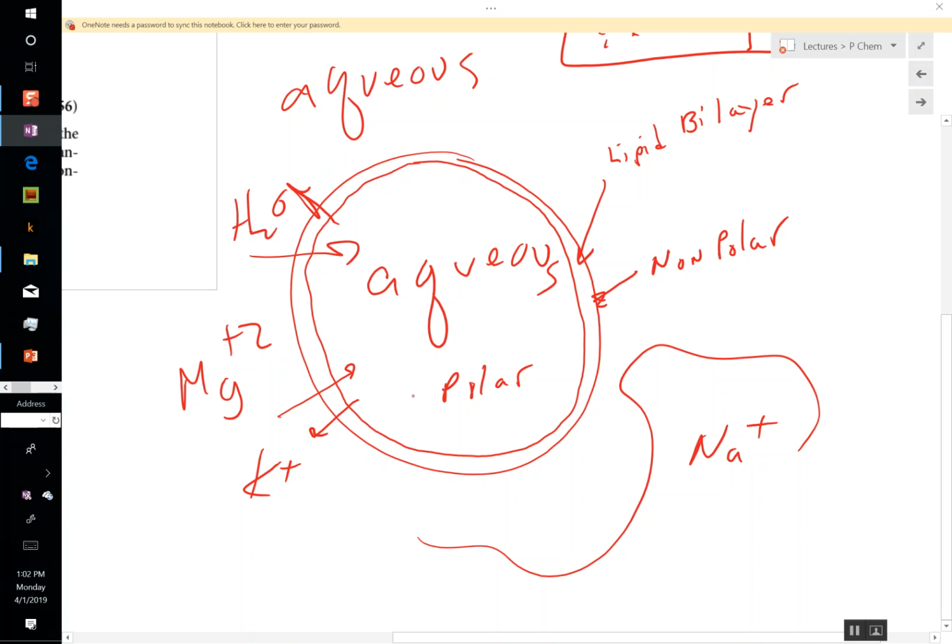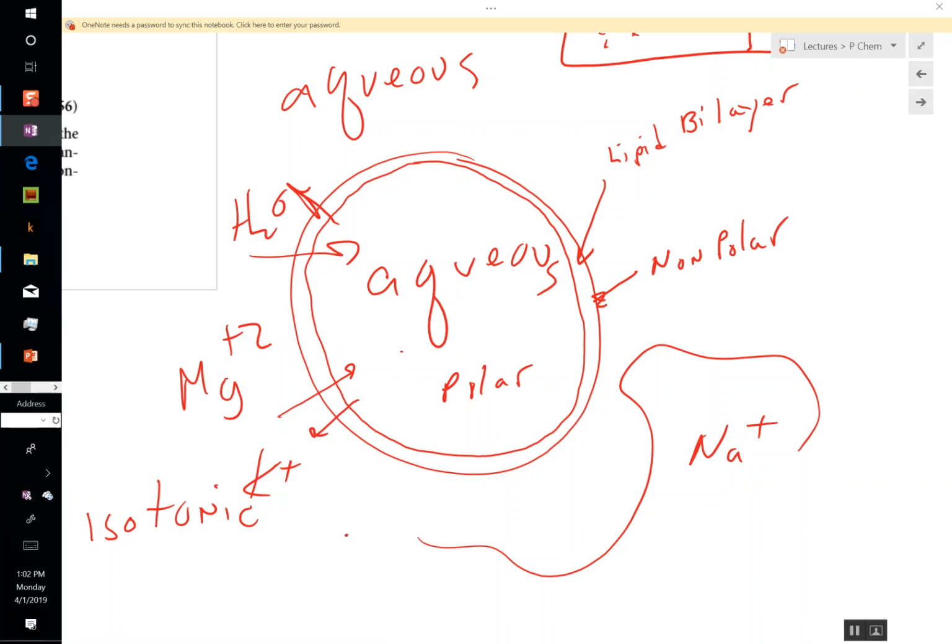There's hypertonic, hypotonic, and isotonic. You want an isotonic situation where the concentration of ions inside the cell and outside the cell is equal. If you get that unequal, then